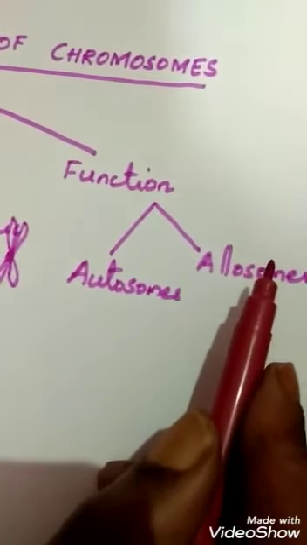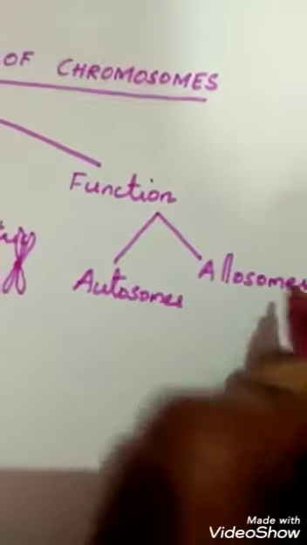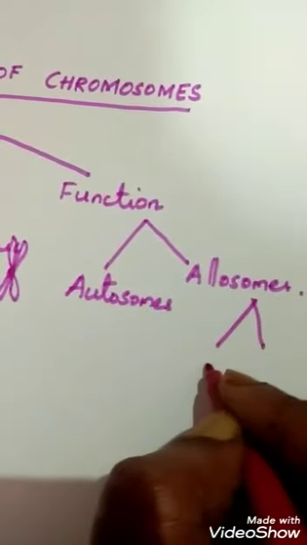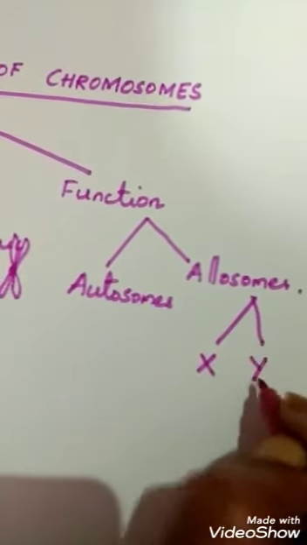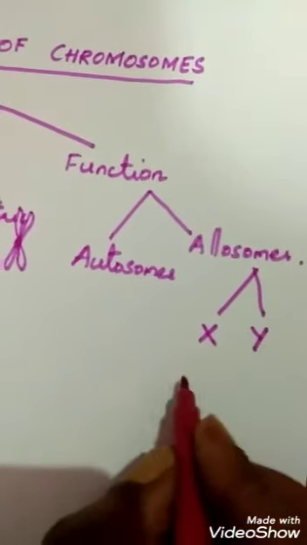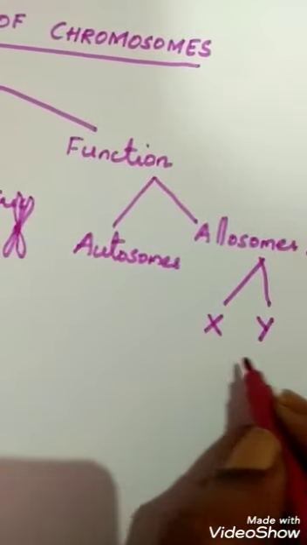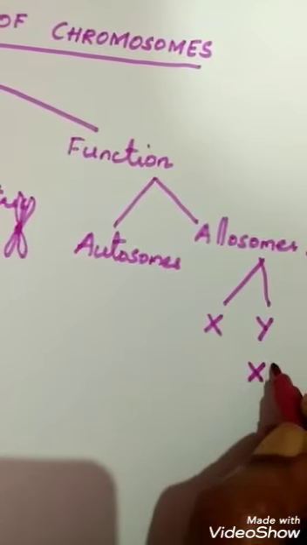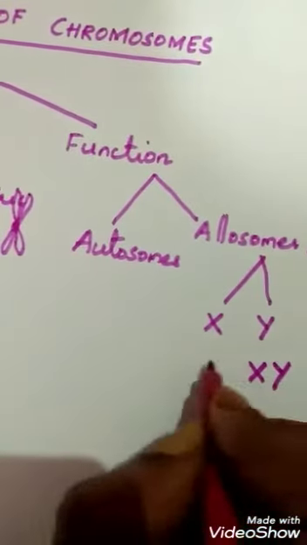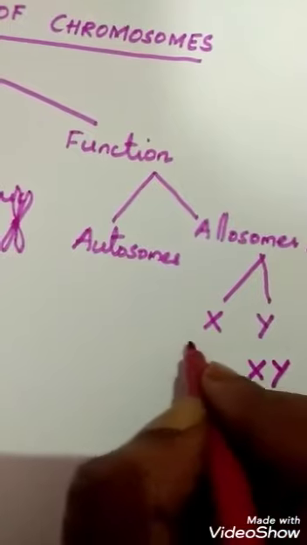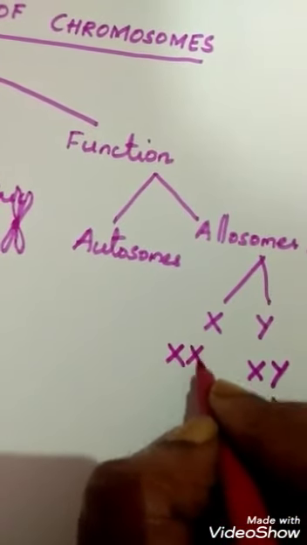Allosomes are of two types again. They are X type and Y type. In the case of male, one X type and one Y type is present. In the case of female, both the chromosomes are